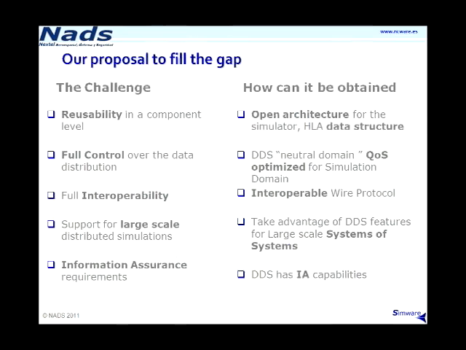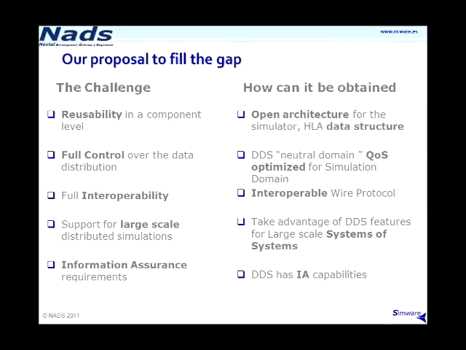So this is our proposal for solving the new simulation requirements. For reusability of data, we use an HLA data structure that at the same time can be used in DDS by converting it to the ideal format, which is the format of DDS. This process has only to be done once. After obtaining the data model, we can use it in any new element. The data can be used in any node the same way, no matter if it's an HLA node or a DDS node. The interface is just the same.